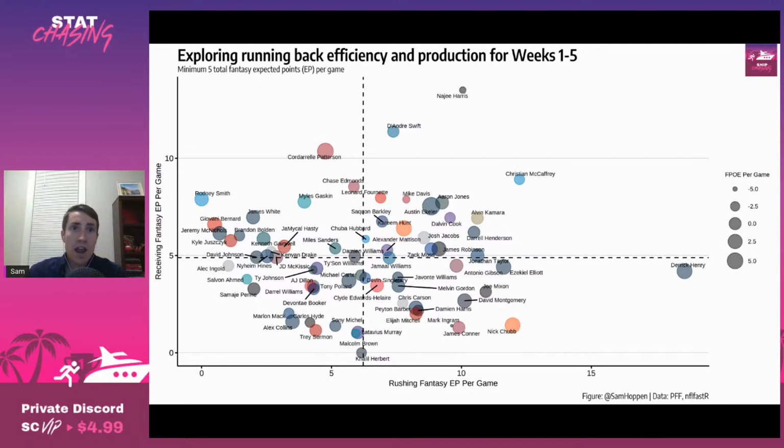Swift does have a 62% snap rate in the red zone, while Williams is at 36% in the red zone. Now, obviously, a player isn't going to get a touch every single time he gets a snap, but it sure is frustrating that it feels more like that for Williams than for Swift when they're getting about the same workload, but Williams is in the game on fewer snaps. It certainly feels like every time that Williams is in, he gets a touch.